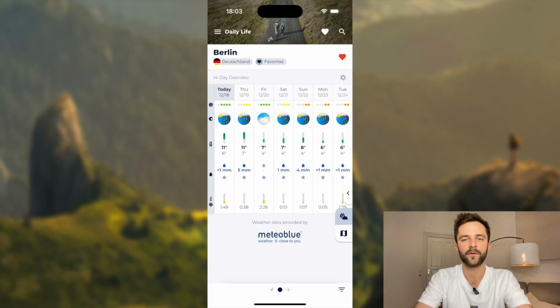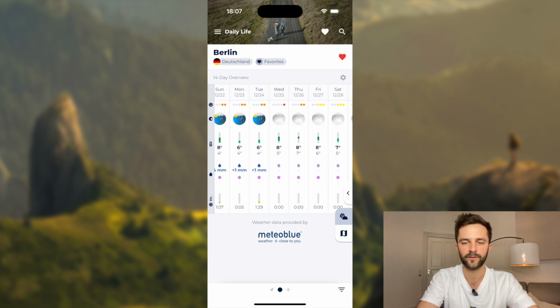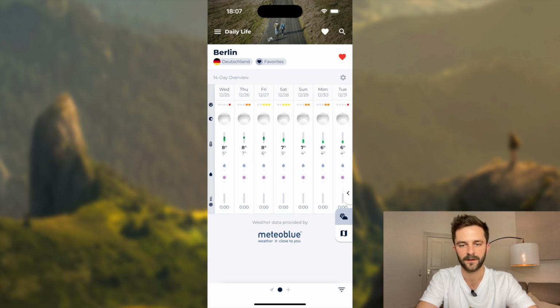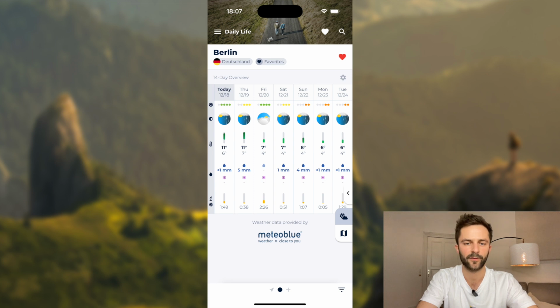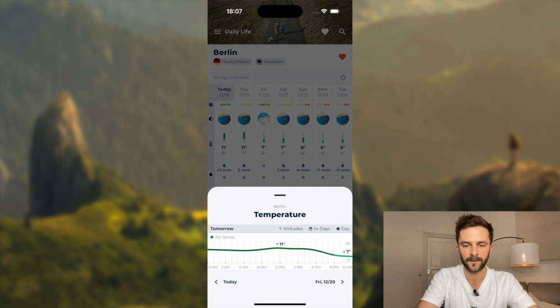The new 14-day overview replaces the previous 7-day forecast and, like Live Overview, is now fully customizable and interactive. If you scroll horizontally, you can check out the full 14-day forecast. And if you want to check out the forecasts for a specific variable and a specific day, you can simply tap any variable and day, and you will see the detailed forecast for that specific day,